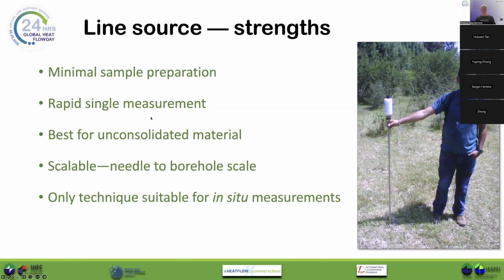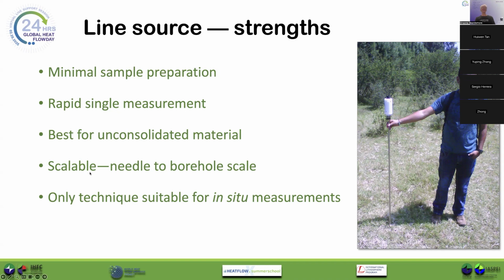Line source, another strength, or one of the main strengths I already mentioned, is that there's fairly minimal sample preparation required. Generally a fairly rapid measurement. So at just a laboratory scale measurement with a short needle, you should be able to get a single measurement in just a couple of minutes. So faster than a divided bar. Far and away the best choice of tool for unconsolidated material,